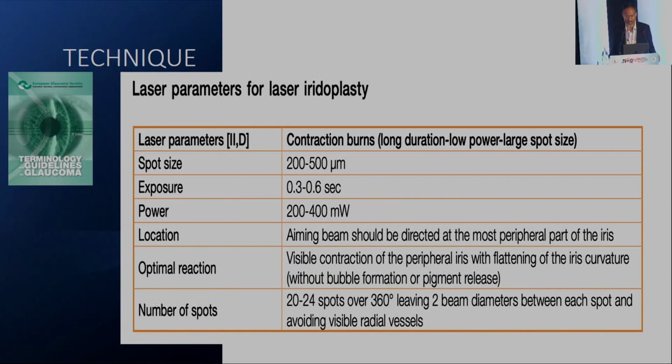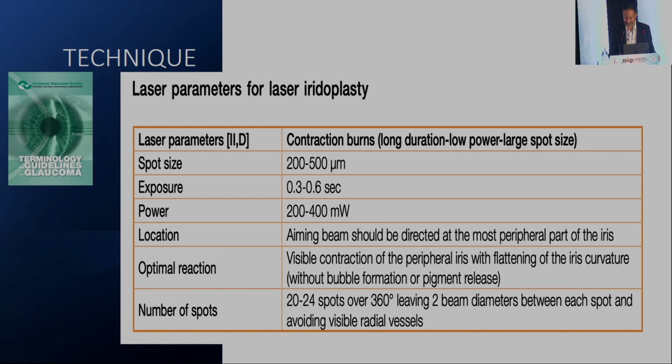So what are the settings from the European Glaucoma Society? The spot size is around 200 to 500 microns. The power is 200 to 400 milliwatts and exposure around 0.3 to 0.6 seconds. Location: aiming beams are directed to the most peripheral part of the iris. Optimal reaction is visible contraction of the peripheral iris with flattening of the iris curvature, without bubble formation or pigment release. You aim for 20 to 24 spots over 360 degrees, leaving 2 beam diameters between each spot and